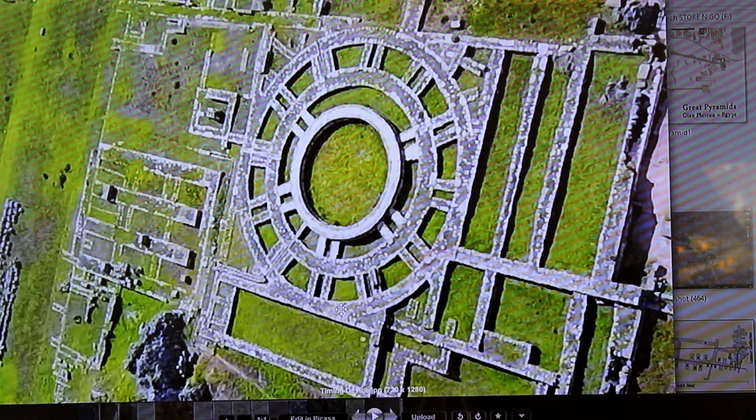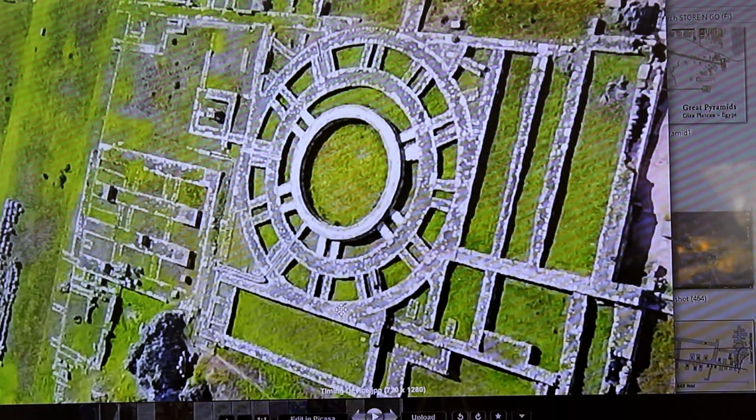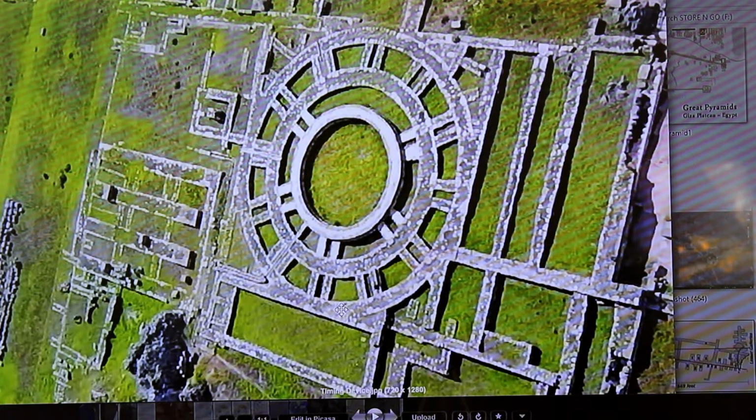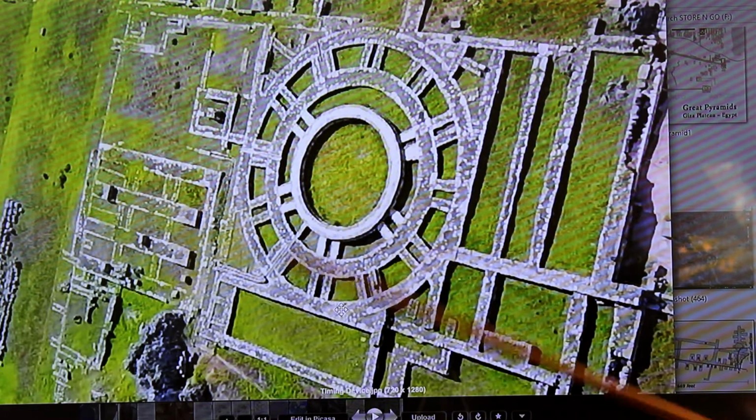I've just brought this image up, which is the timing device at the Sacsayhuaman walls in Peru. At least I believe this is what it is, and I would expect I'm not going to be wrong. Where I said to you before, and this is a clearer view, actually the funny thing is, I'll just say this before I move on, the difficulty in solving the pyramid once I went there, understanding why it was there,